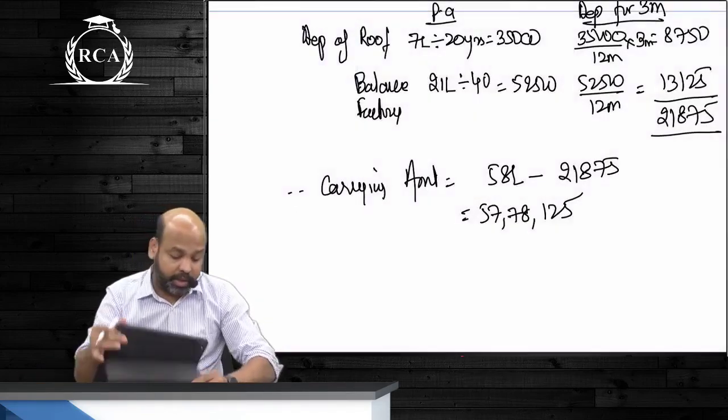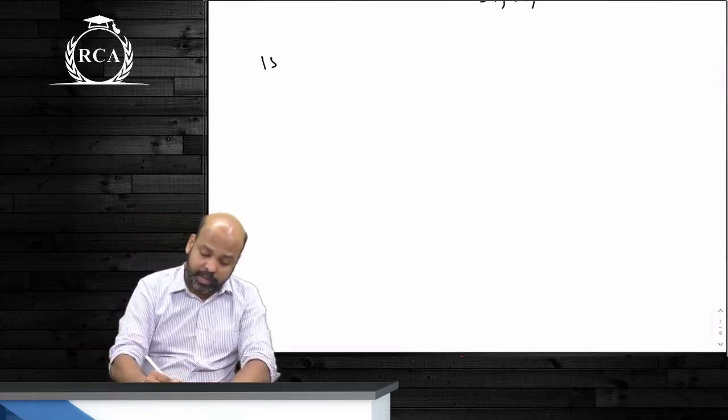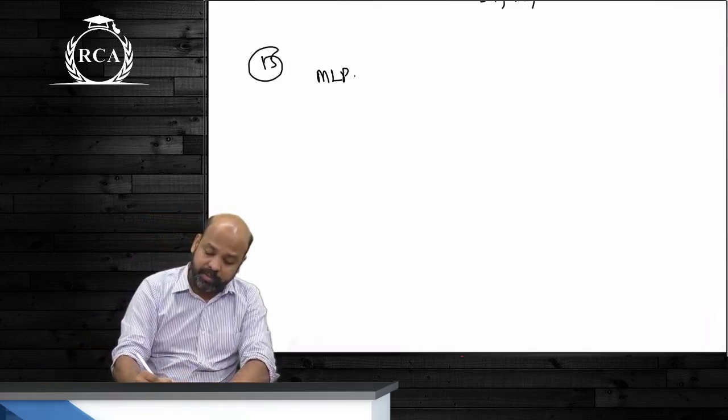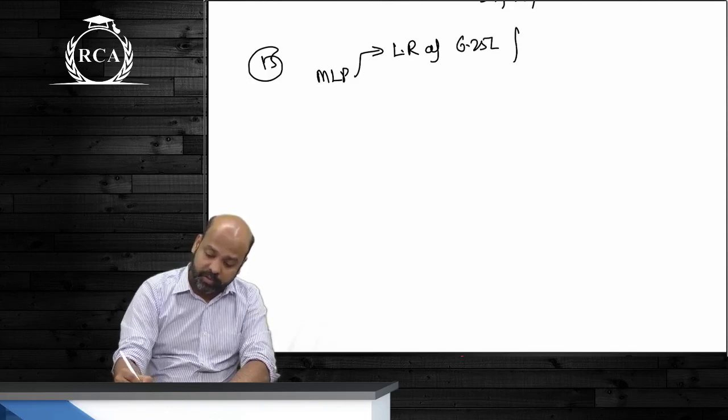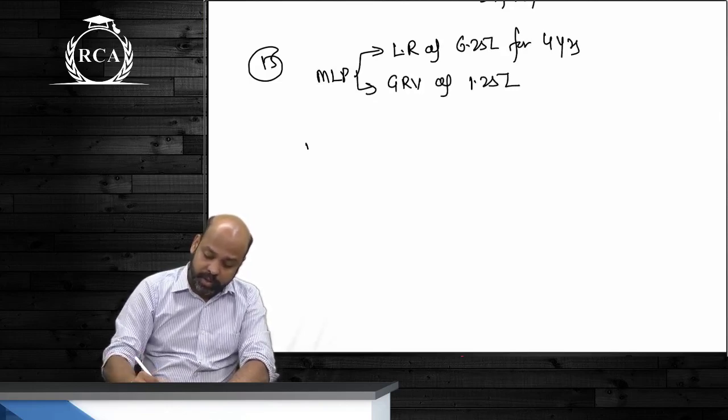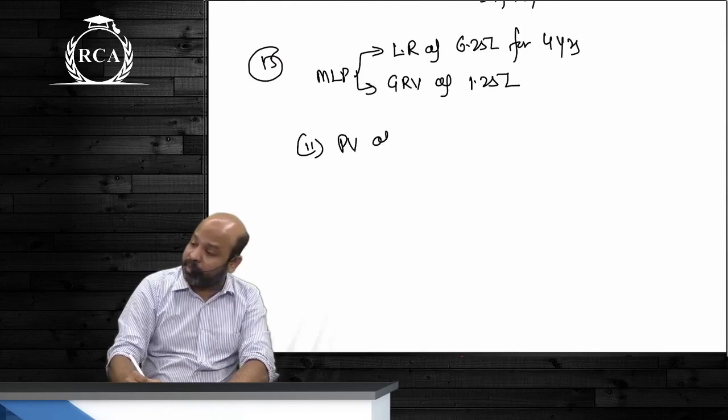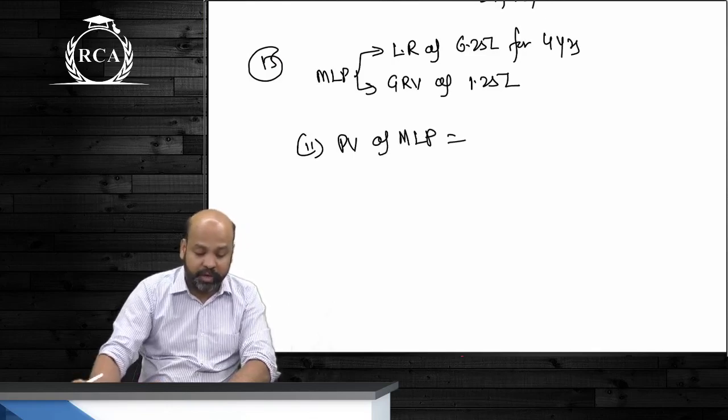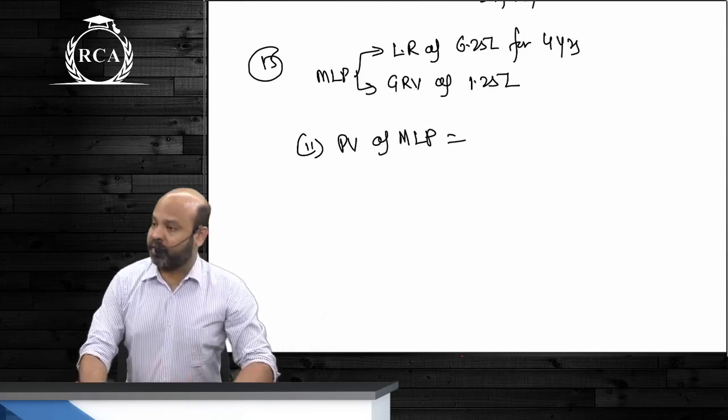You guys can keep checking those as such better. हाँ, अभी क्या है guys यहाँ पे? First, if you talk about minimum lease payments as such guys, you have lease rentals of how much better? 6 lakhs 25,000 for how many years? 4 years. Plus there is guaranteed residual value of how much better? 1 lakh 25,000. Second bit guys, present value of MLP पूछ रहा है. Are you supposed to discount at implicit rate of lease? What if implicit rate is not available?